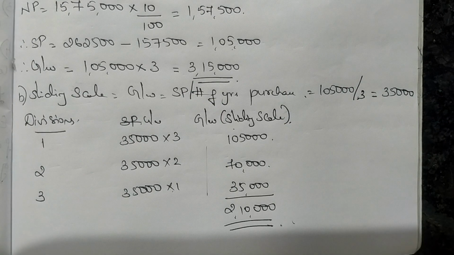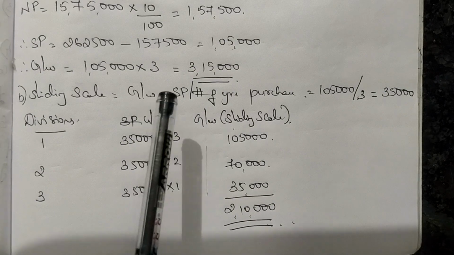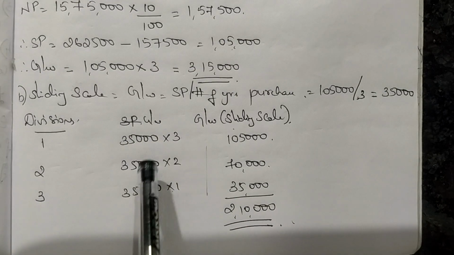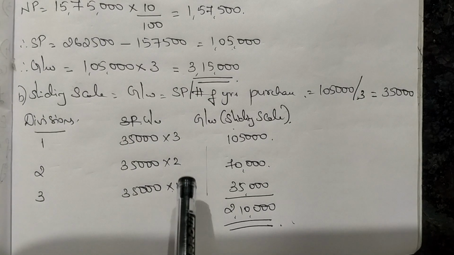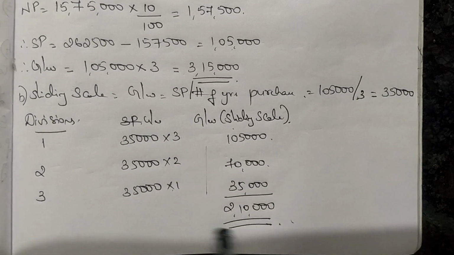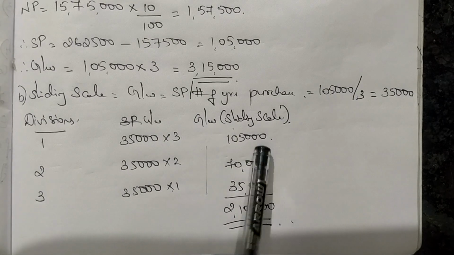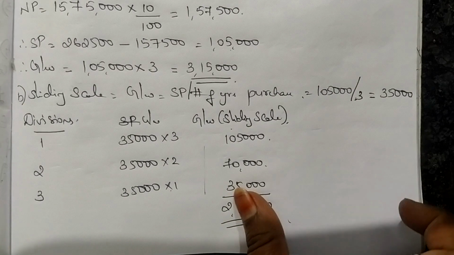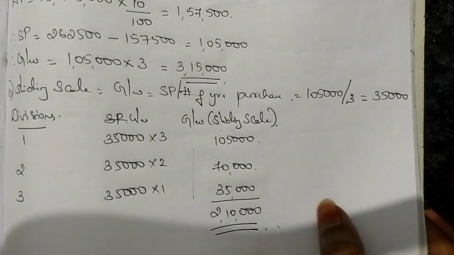Okay, so sliding scale method, first you have to find out what is the goodwill for one division. Write that for however many divisions they have asked you, and then multiply with the weights which are already given in the problem, and then take the total. This total will represent the goodwill under the sliding scale method. Okay, I hope this is clear to all. Chances of asking sliding scale is very less because they have not asked even in 1 year's question paper also, but I am just doing this for your understanding. Okay, so we have completed 2 methods.